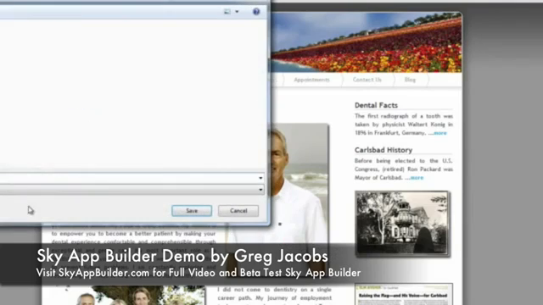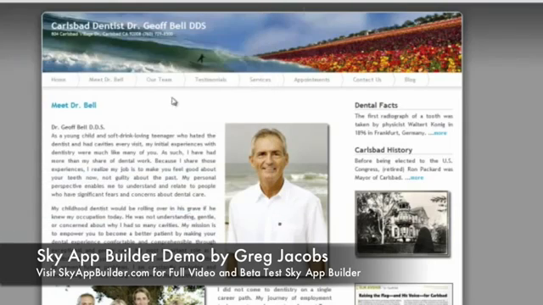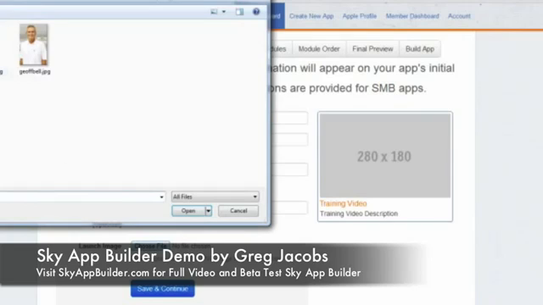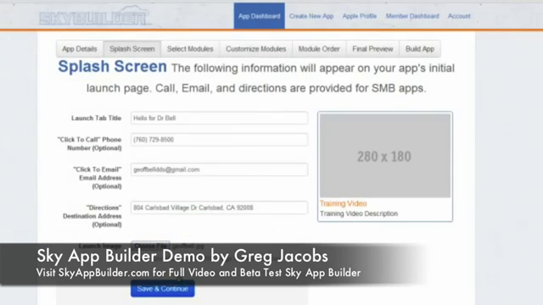So I'm just going to save it in there, and then where do we go here? Just choose file, and we're going to go save and continue. So you can see here